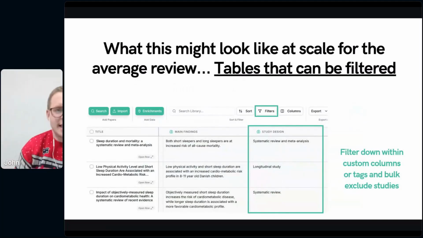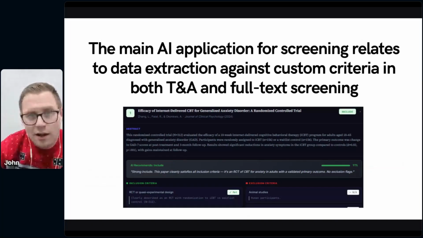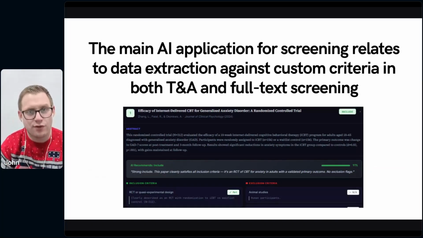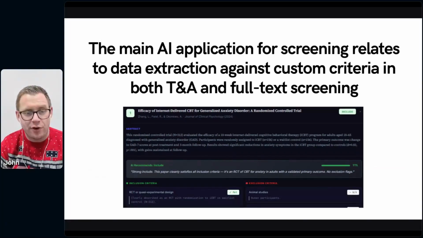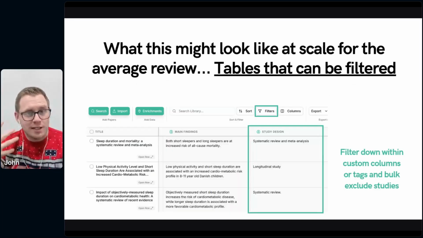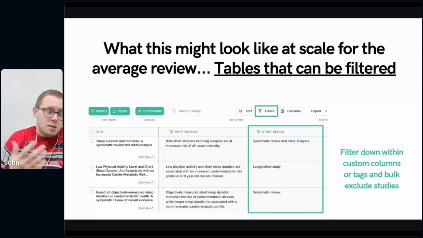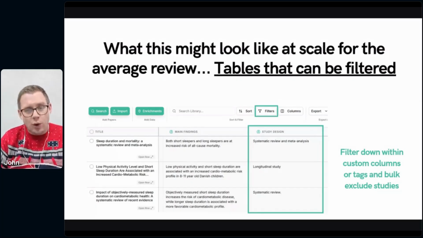What this might look like at scale for the average review, I think it's safe to assume that every narrative review probably will not end up following this format. I think more should. And you've got, for example, large collaborative comprehensive literature reviews in some fields that should have workflow steps. But for the ones that don't and yet still want to take advantage of significant screening and still want to do comprehensive reviews, a really interesting way, and this one is in Mora, a very interesting way to accomplish that is to use custom enrichments,